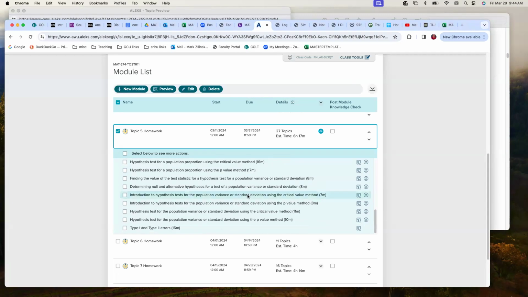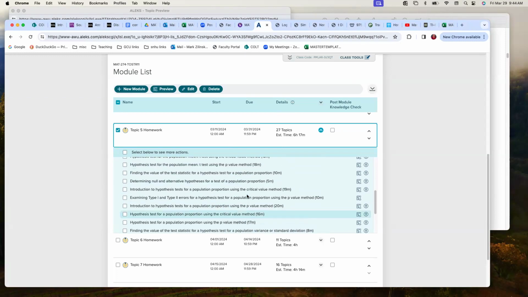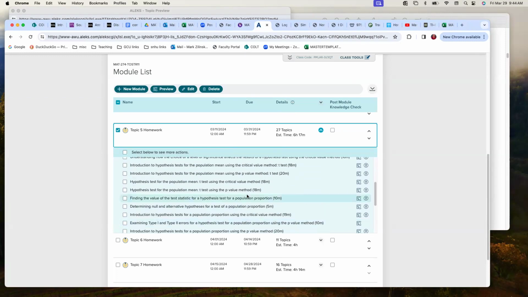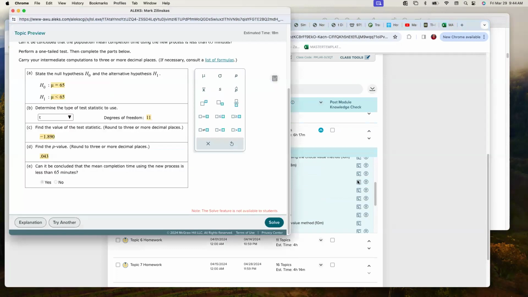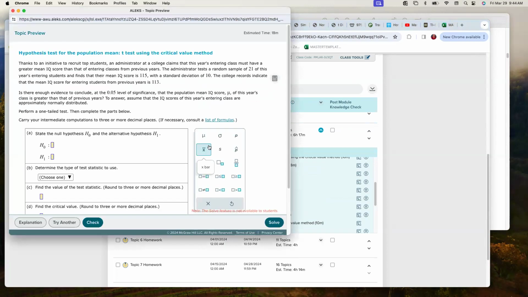Okay, so if I jump back here in ALEKS, I want to give you one using the critical value. So you'll have to do one of those. And like I said, I did do one for the Z, but it's very similar. So let's jump into this one here. It says,